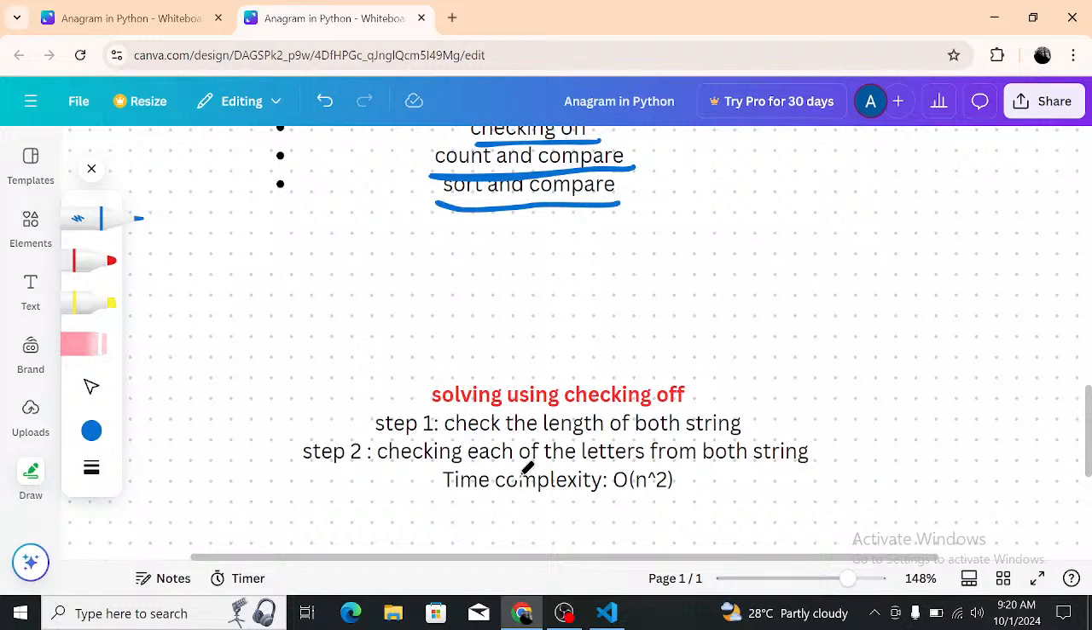And the time complexity for this is n square, as you can see, because we have two iterations in this program. We will be using two loops. That's the reason the time complexity over here is n square. Okay,